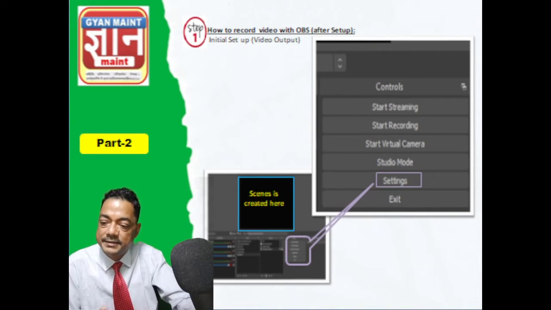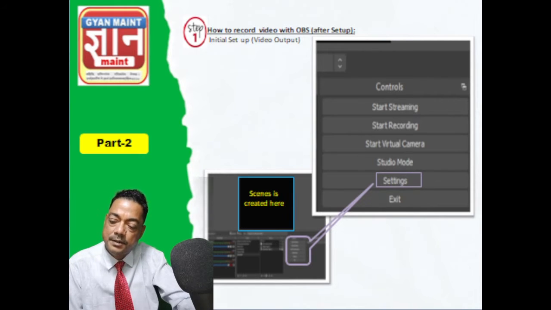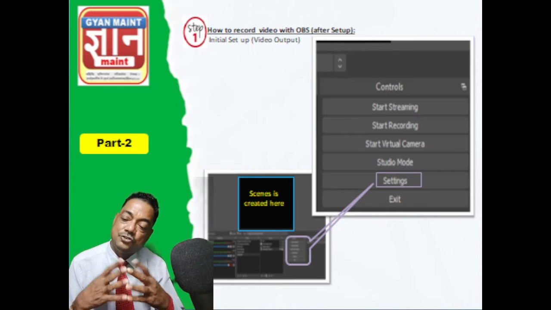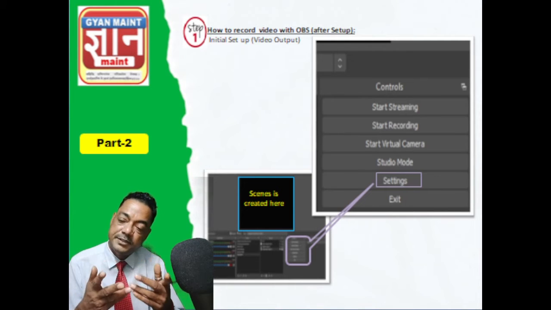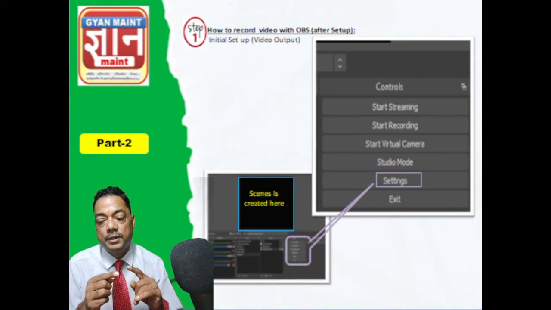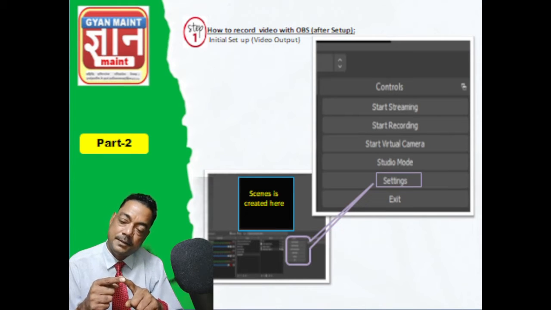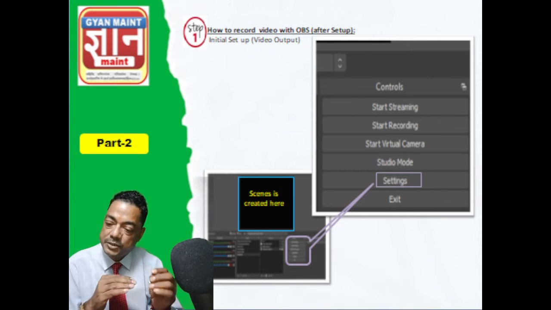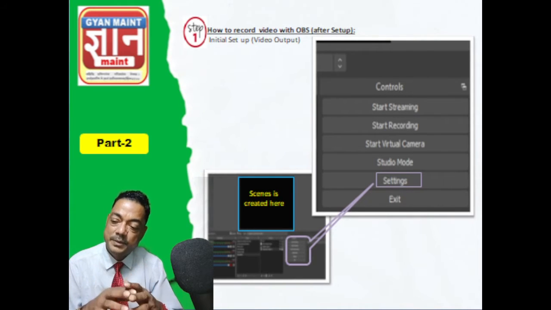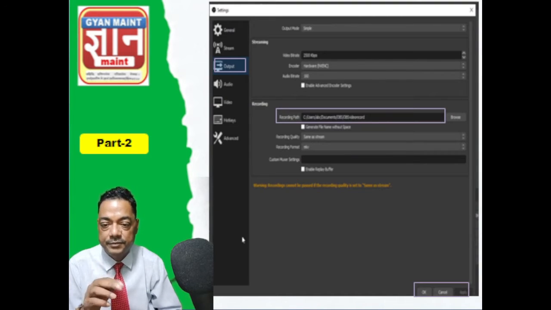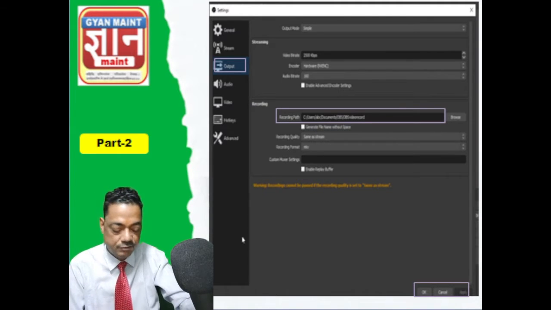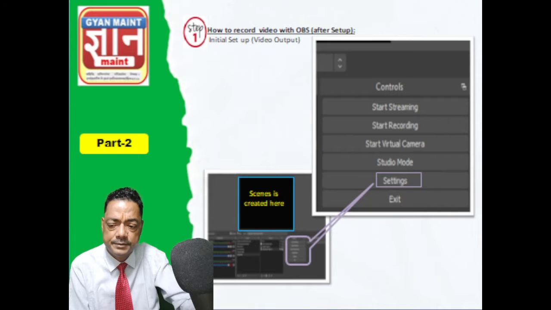Now in this setup, first you have to do the setup. When you record and stop recording a video, the video from OBS will be saved somewhere in your PC. So if you define a folder and tell OBS that all the videos should be saved in that folder, OBS will keep sending all the videos recorded by OBS to that folder. That setting I will explain. This is a setting you have to do in OBS. I will explain this live on OBS also.